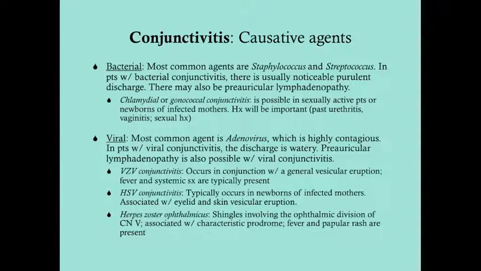Some of the causative agents. So we're talking here bacterial, but not chlamydial or gonococcal. So the most common agents of bacterial conjunctivitis are staph and strep. And so in these patients, there's usually a noticeably purulent discharge. A lot of times there's often preauricular lymphadenopathy, but it's really important that when a patient has purulent discharge of the eyes, which usually means bacterial conjunctivitis, as long as there's no eye pain and there's no change